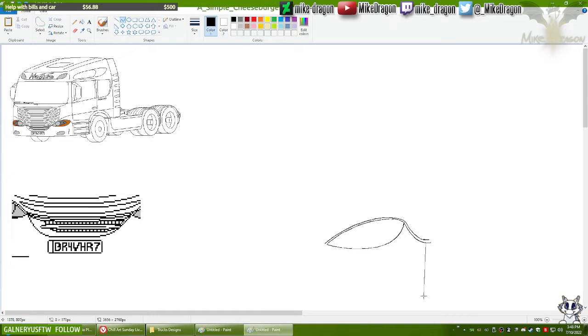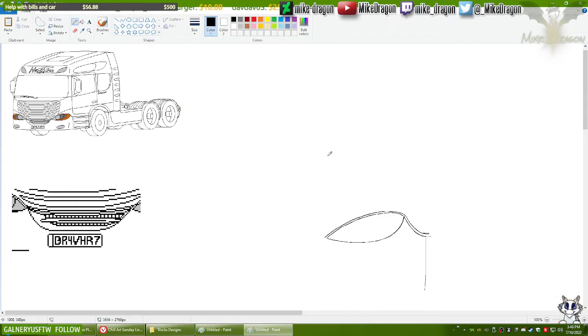Let's set it to this angle and curve it slightly. No?